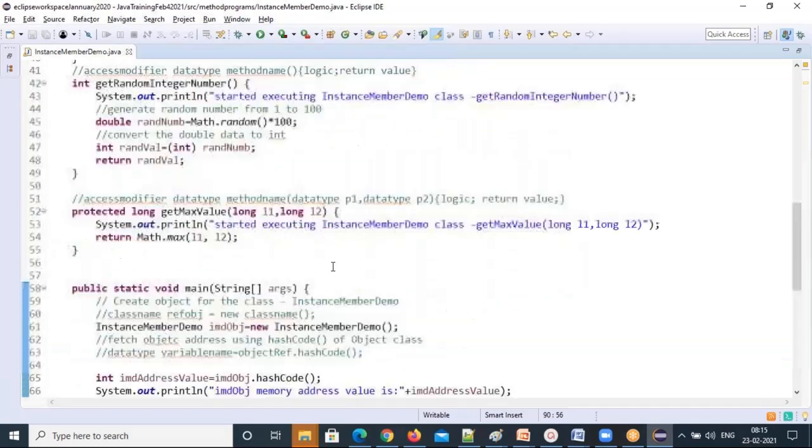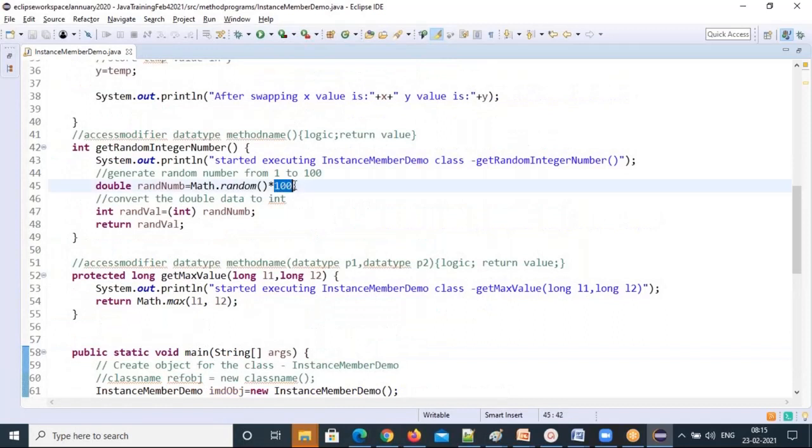Where I kept 100, you just move it to whichever number you want. If you want two digits, put 100. If you want a single digit, put 10. If you want 3 digits, you put 1000 there. You write 4 methods, 3 methods, and check whether you're getting the correct number or not. Your method is giving the correct logic or not, you can check by this. That's how you have to elaborate your methods and practice more kinds of methods.